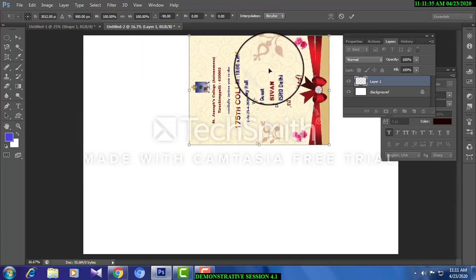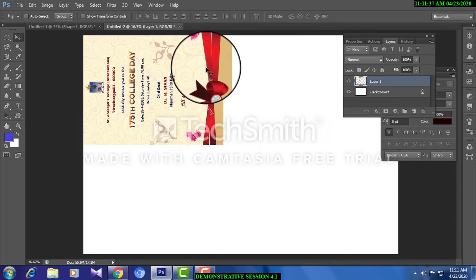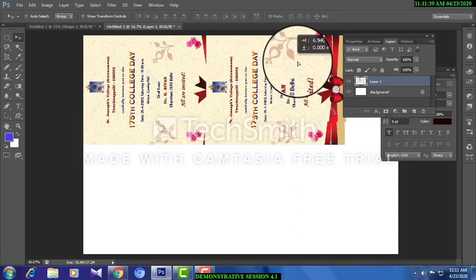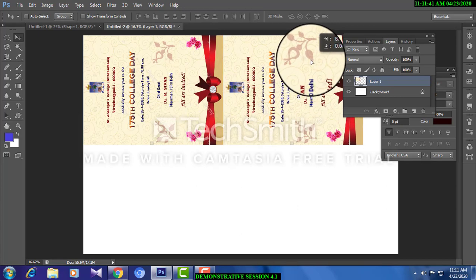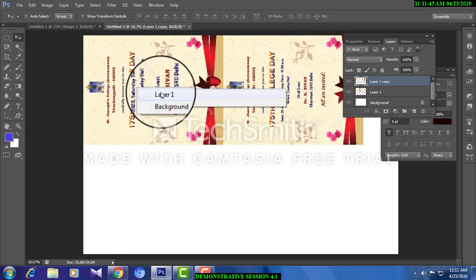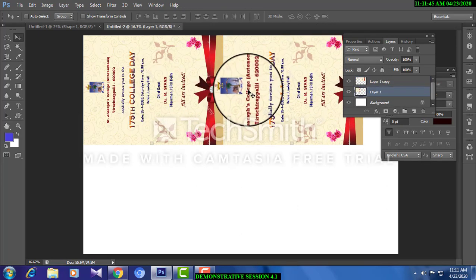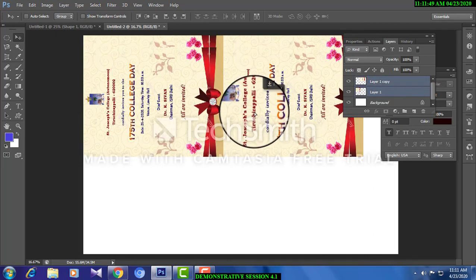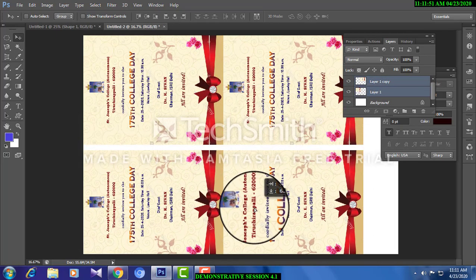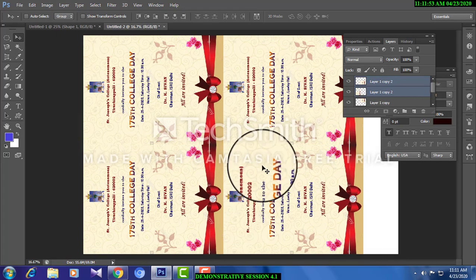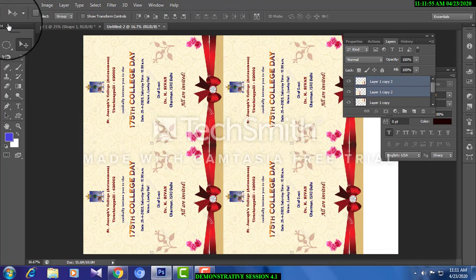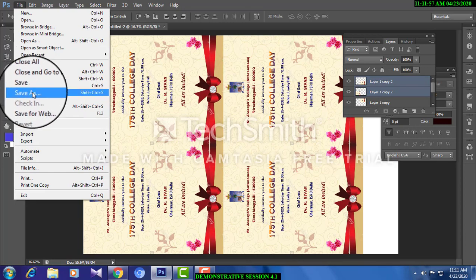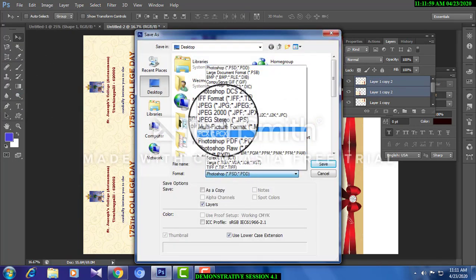Take one more shape by pressing Alt. Alt will help you to have one more invitation. Now choose both by pressing Shift. By pressing Shift, I'm choosing both the layers. Now press Alt. You will have one more set of invitation. Now it is ready. Now go to File, Save as, make it a JPG file, and you can give it.